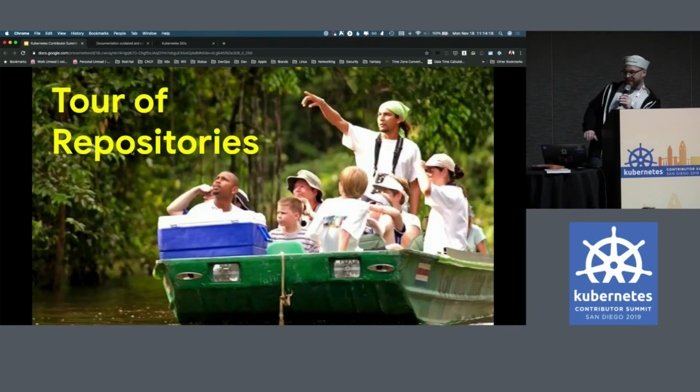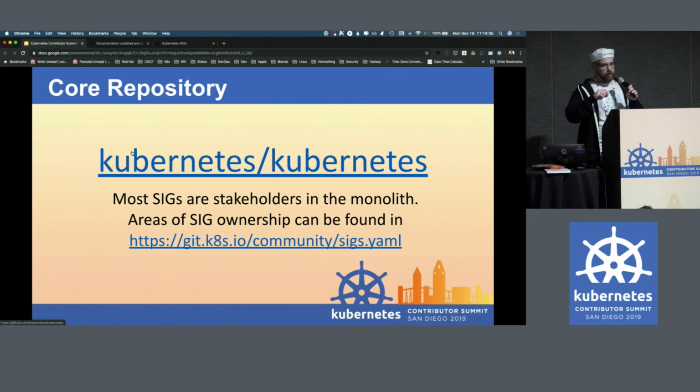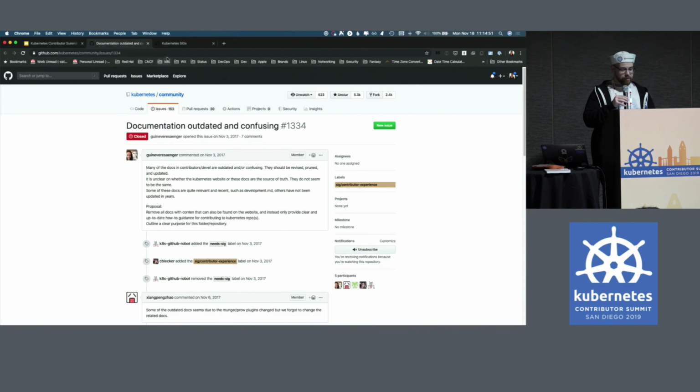I started this a second ago. Even though we have all these SIGs with all the different subprojects that exist in Kubernetes SIGs, they also own entire sections of the main Kubernetes code base. You'll eventually see how that relates to owners files and which SIGs own which code. But you can get a list of that already.